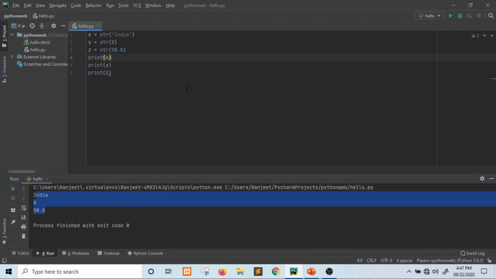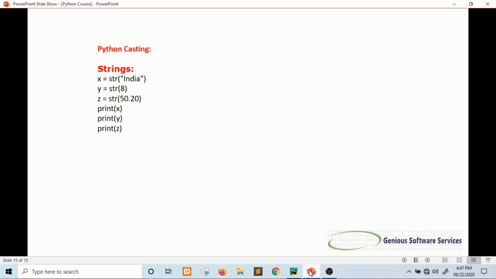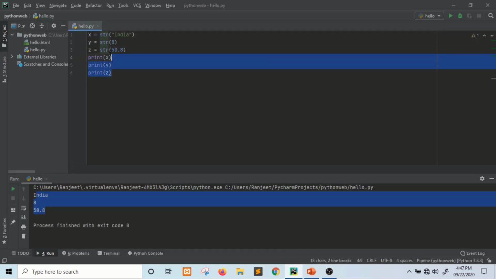You can see that. So the first is printing India, the second is printing 8 and z is printing 50.8, right? So it is Python casting, right? In Python.